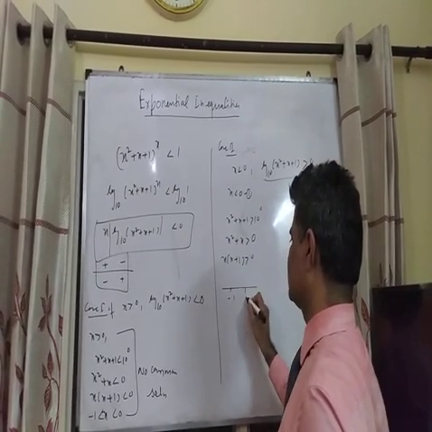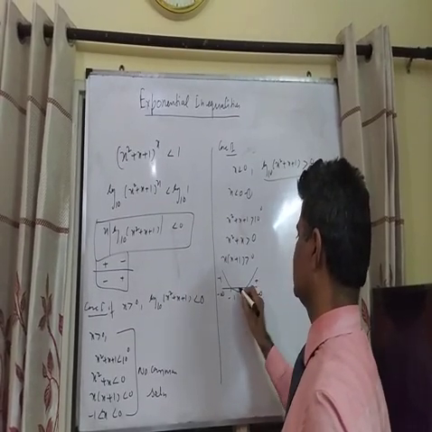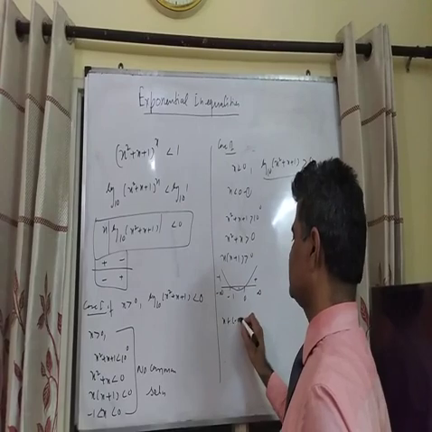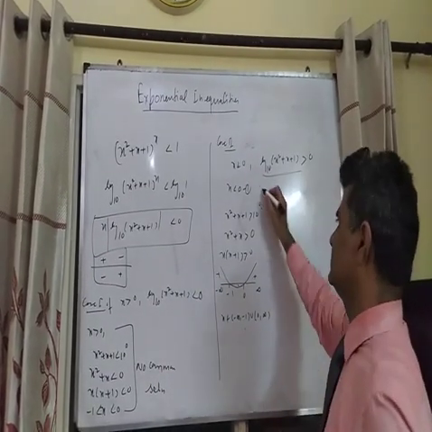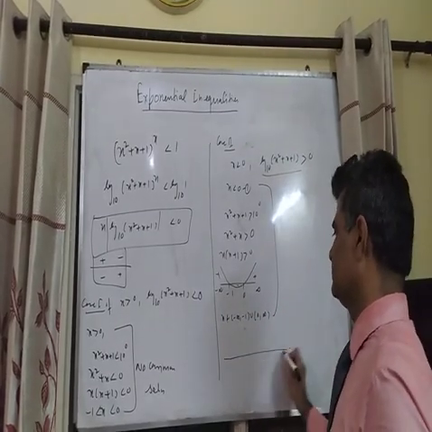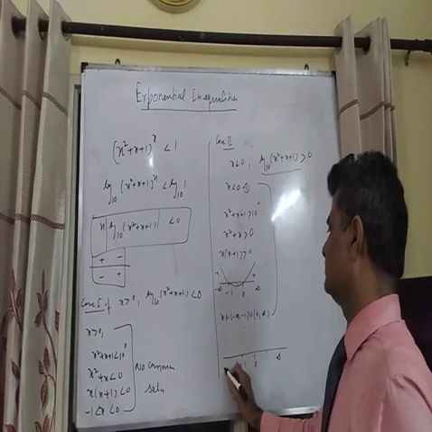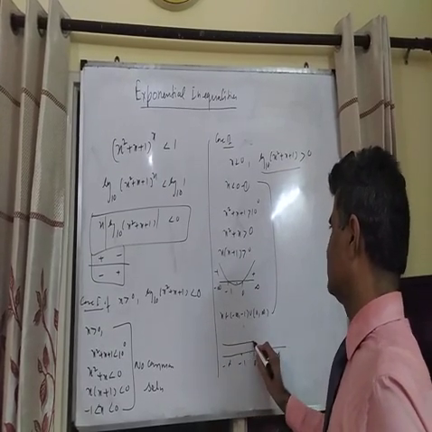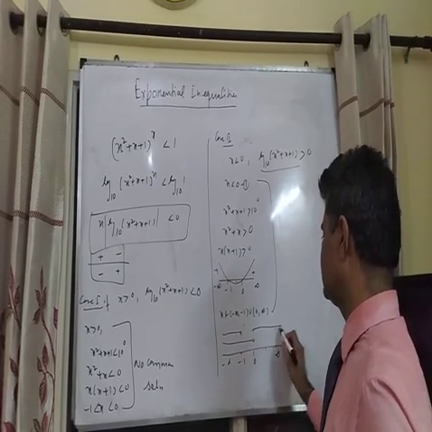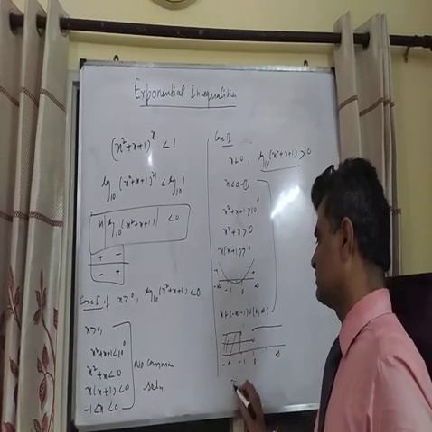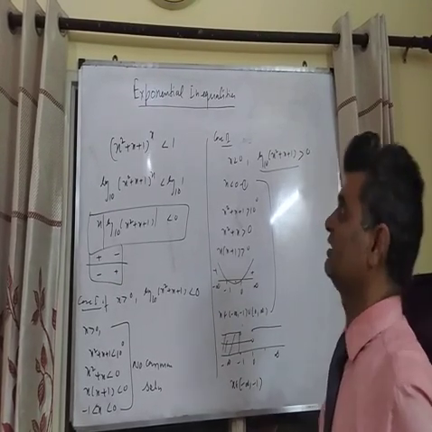Now we are using the wavy curve method to find out positive, negative, positive. So x is from minus infinity to minus 1, union 0 to infinity. Now we'll see the common solution of it. So it is minus 1, 0, infinity to minus infinity. The first one is from minus infinity to 0, and this is from minus infinity to minus 1 and from 0 to infinity. So this is the required solution. x is from minus infinity to minus 1.